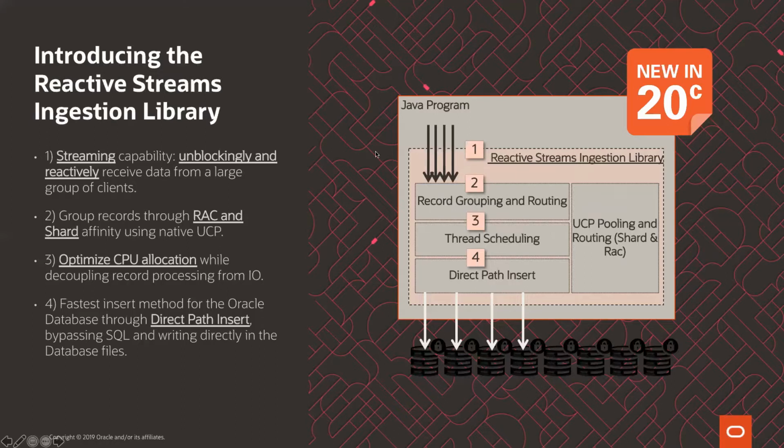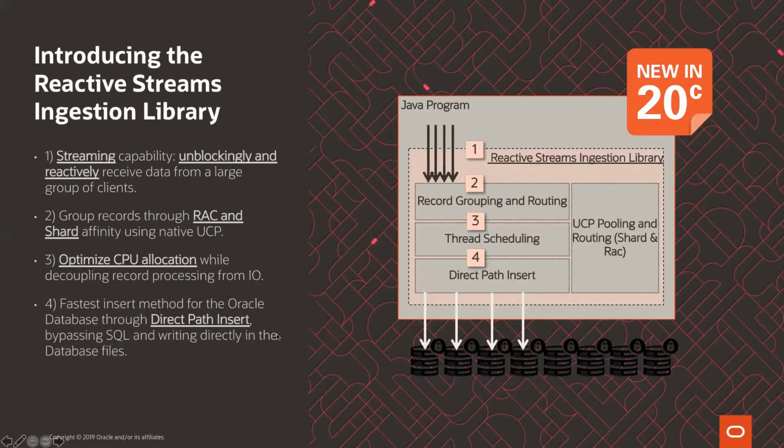So it's going to be a Java library. That is the important conclusion. It's not a product, it's not a service, it's a Java library that you download and use. That's why it's shown here in the context of a Java program.